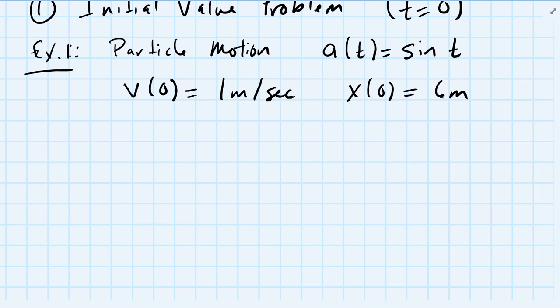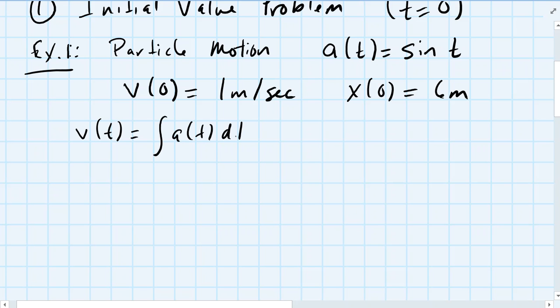All right. So anytime it says solve the differential equation where acceleration is sine of t, it means integrate because you're finding an antiderivative. So to find velocity at any given time, it is equal to the integral of acceleration with respect to time dt. So that means I'm going to integrate sine of t dt. What is the integral? So sine of t is somebody's derivative. Whose derivative is it? Negative cosine, right? Negative cosine of t plus